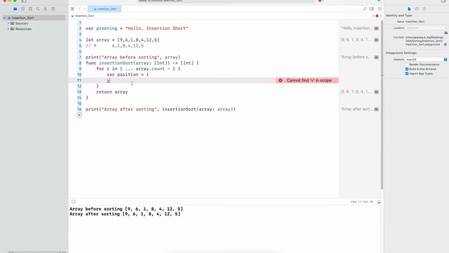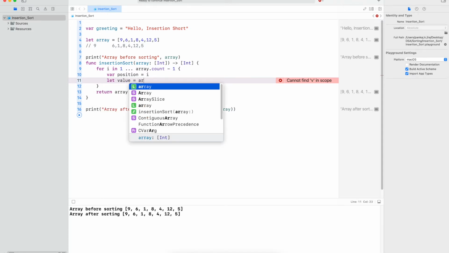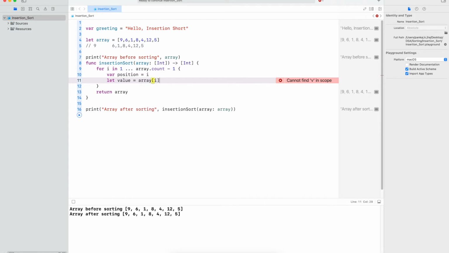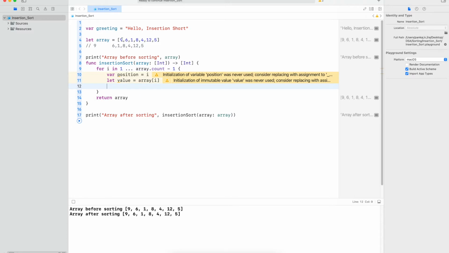Now I will save the position and the value as well, so let's say value equals array at i. I'm keeping the position since I will be comparing, and I'm also keeping the value at that position. Now we'll compare, because it is starting from the first position of 1, with the previous value.